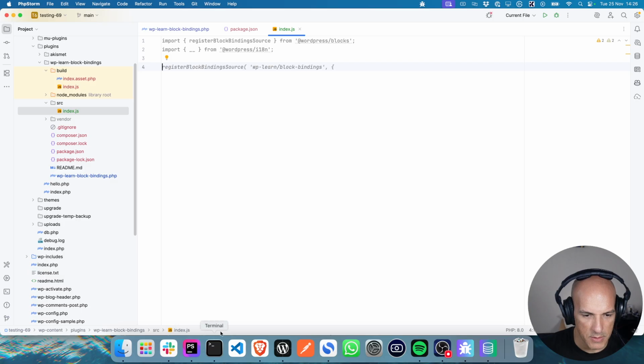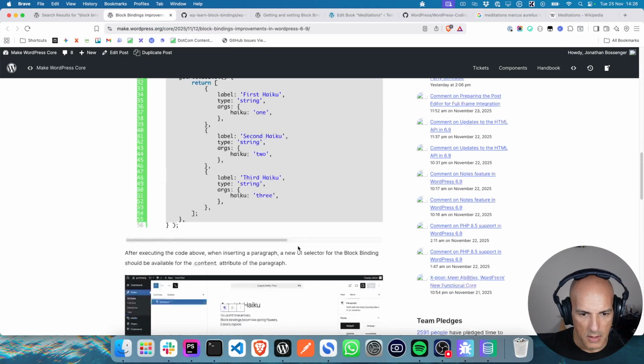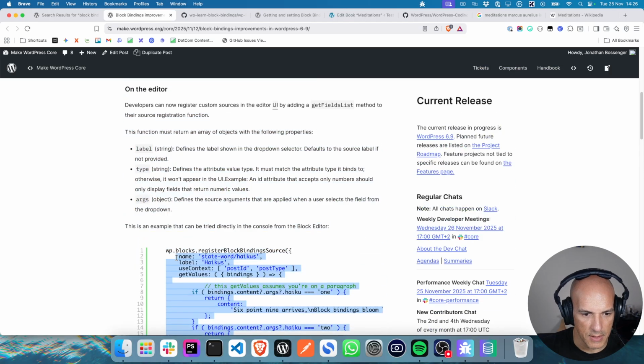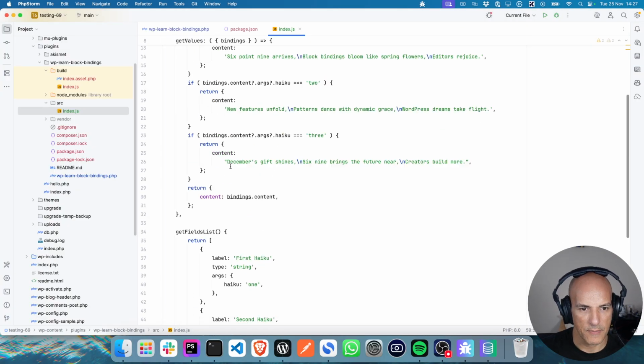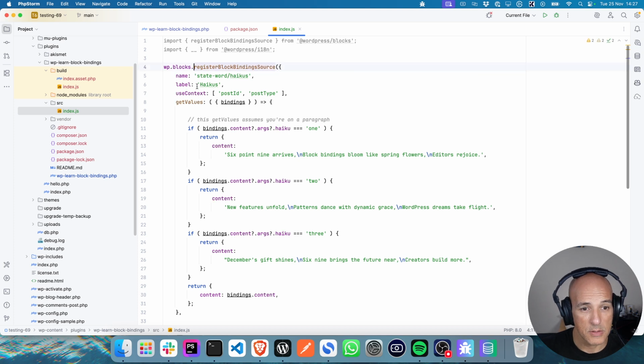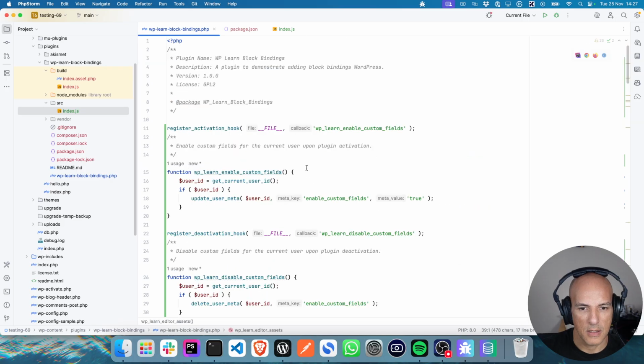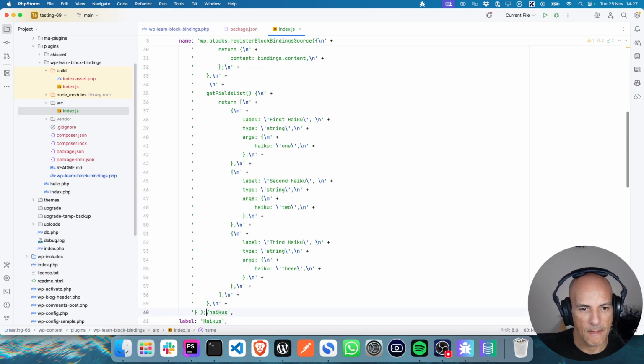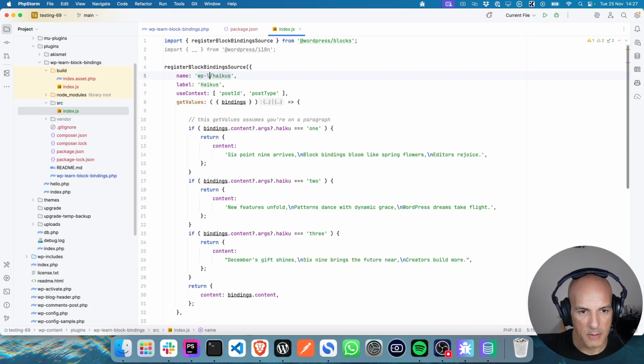Okay, so what I want to be able to do now is use this and return a series of years. Let's see if I can figure that out. So it should be a case of that, and then something like WP learn, and we'll go years.